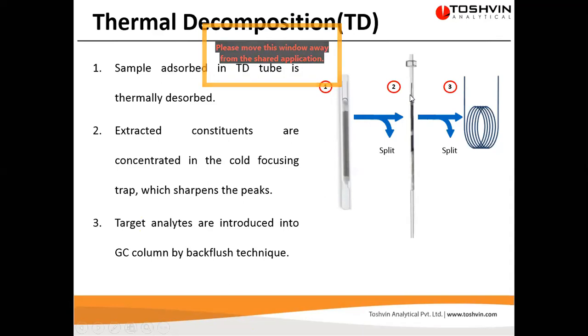Then once it is done, I'll be heating this tube, and because of desorption, the analytes come back into vapor form and get injected onto my column. So that is the thermal desorption technique. I have specifically mentioned these two accessories as I've got to know that most of the application is related to environmental analysis and food applications. So these two accessories are mostly used in that case. Anyhow, the liquid accessories are used by everyone by default. I've not mentioned anything about that.